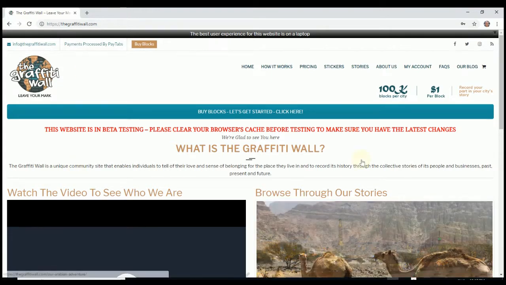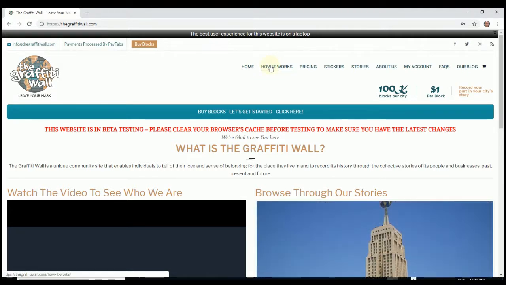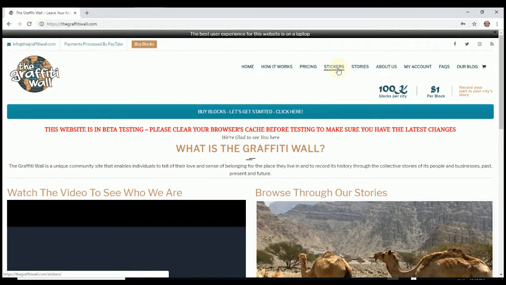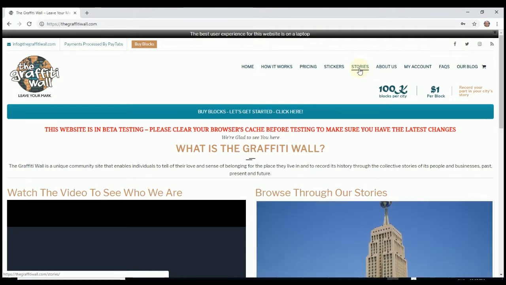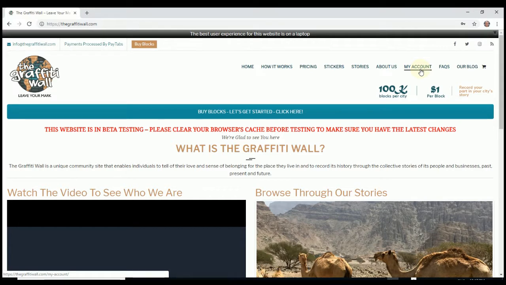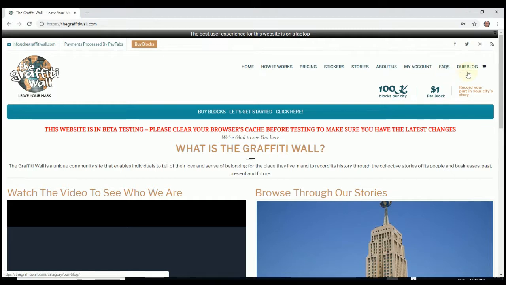We have the home page, how it works, which is a more detailed description of the site, pricing, how we price the blocks, stickers, these are pre-designed stickers that we have created for you, stories, a little more information about the stories and how they can be created, about us, which is more details about the Graffiti War, my account, which is access to your own account. Once you've registered, you can click here and log in again, frequently asked questions, and